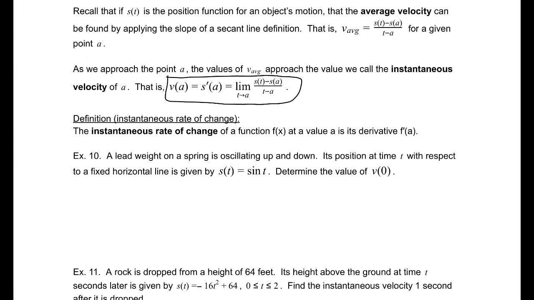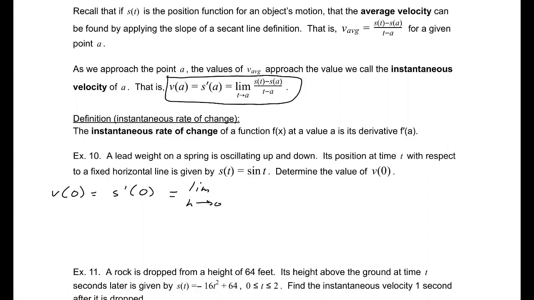A lead weight on a spring is oscillating up and down. Its position at time t with respect to a fixed horizontal line is S of t equals sine t. Determine the value of v of 0. Okay, so v of 0 is S prime of 0, which is the limit as h goes to 0 of,